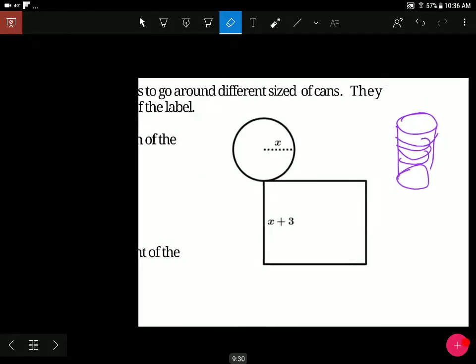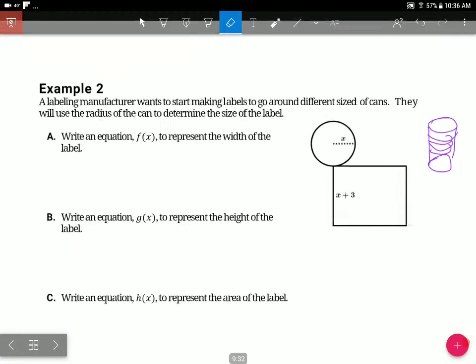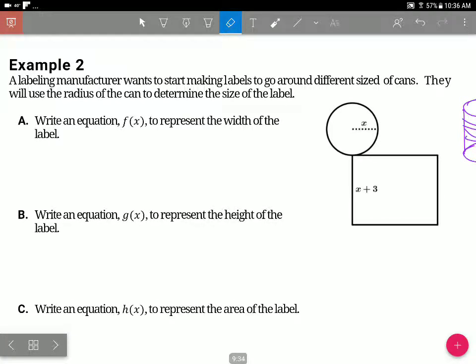So here we go. They say, write an equation f of x to represent the width of the label. So this width right here is the same as the circumference. Anybody remember the equation for the circumference of a circle? Yeah, 2 times pi times r. Good. So the circumference is 2 times pi times r, which we'll just leave as pi. We're not going to turn it to 3.14. Just leave it alone. So f of x